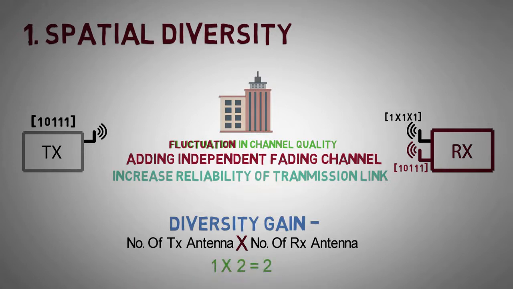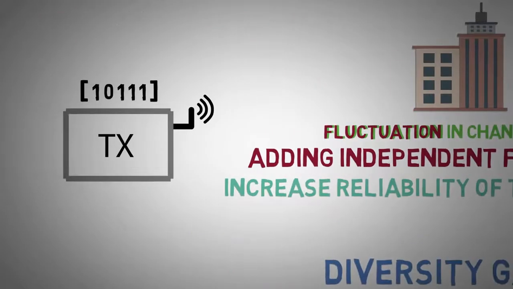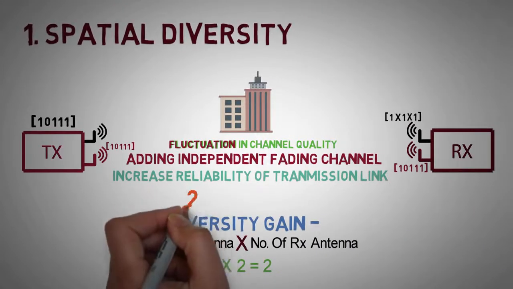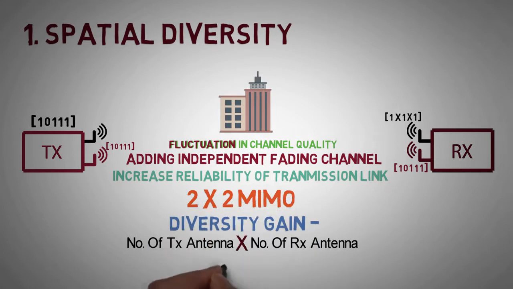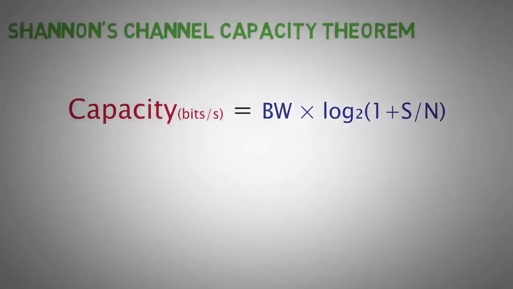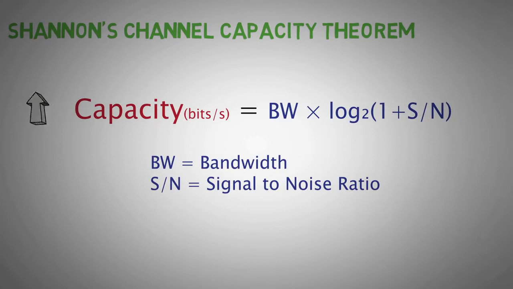In this way, more diverse paths can be created by adding multiple antennas at the transmitter side as well. The following figure shows a 2x2 MIMO system with the number of diversity paths equal to 2x2, which is equal to 4. Now, as per Shannon's channel capacity theorem, there is a limit on the capacity of a channel for